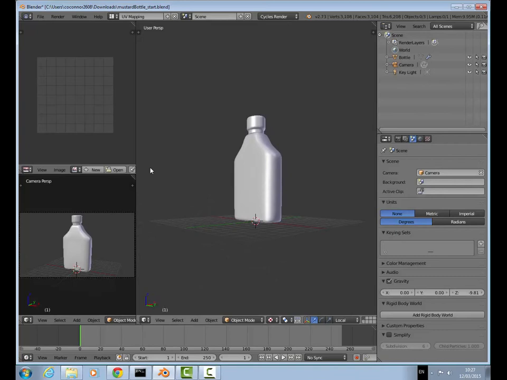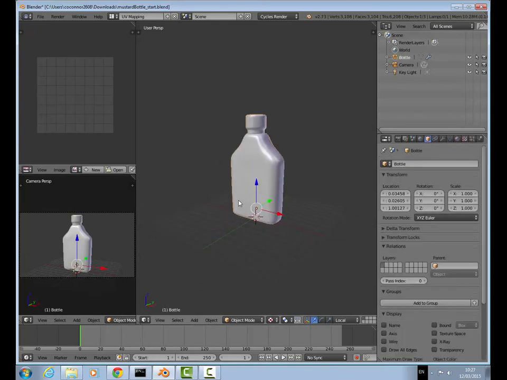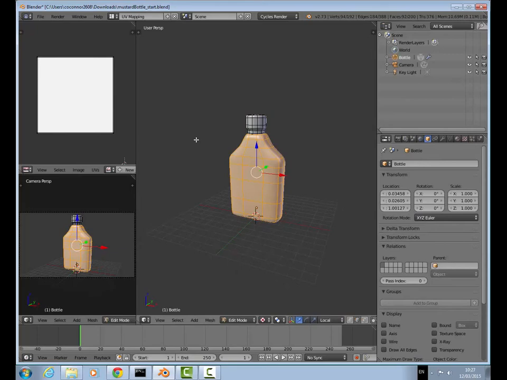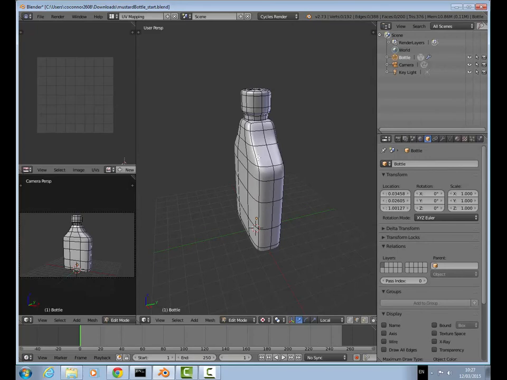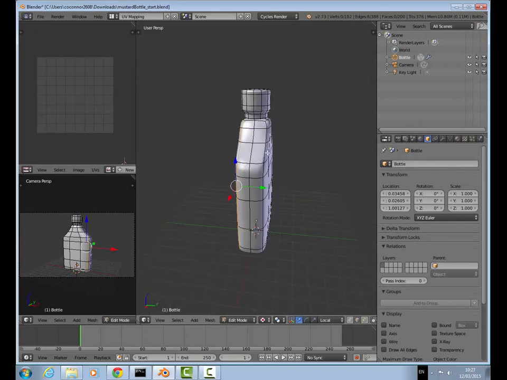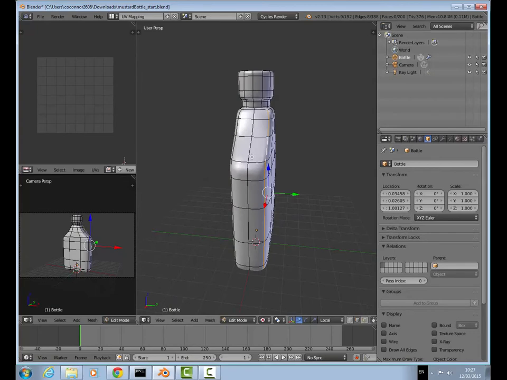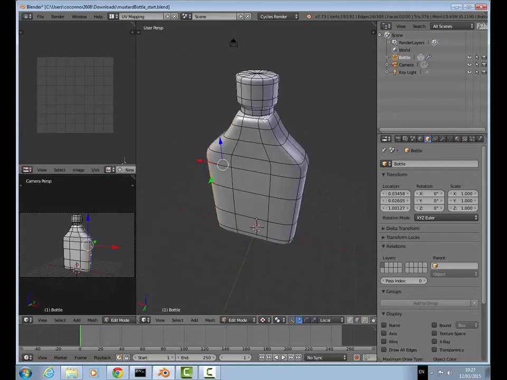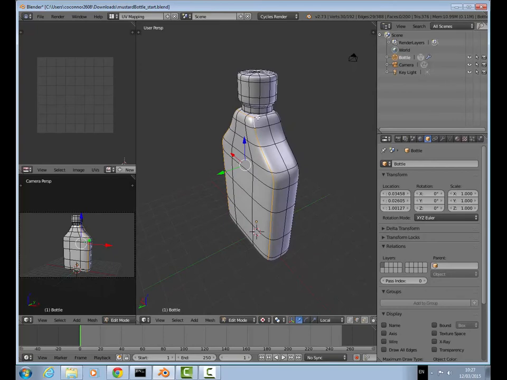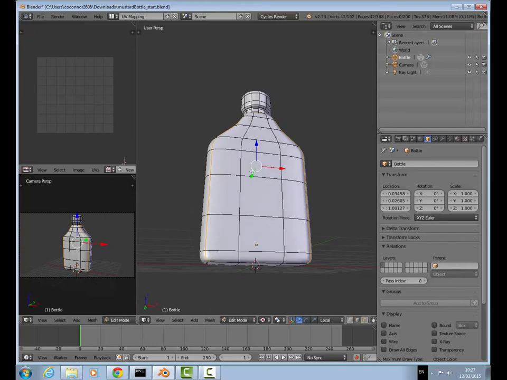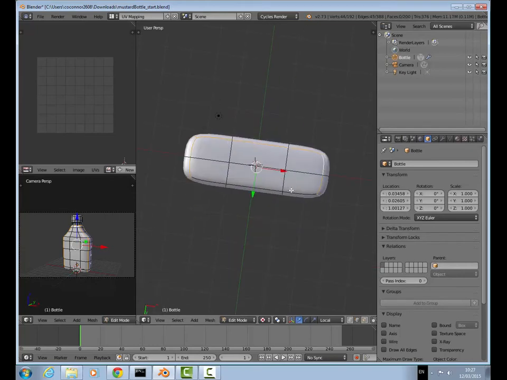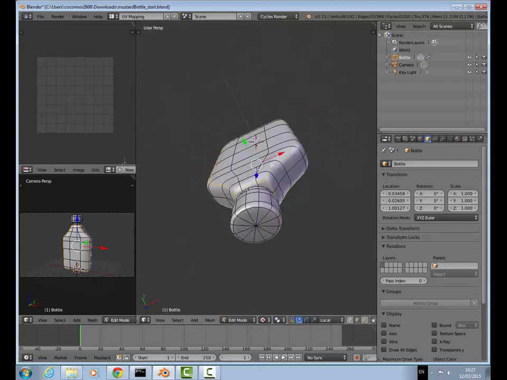And then you can select the object by right clicking it and then going into edit mode by pressing Tab, and that should bring up all these different lines. So the first thing you want to do is come down here and select the edge select, and you just want to select all these lines on each of the edges by holding down Control and Shift and then right clicking them like that, and just select all of them here on every edge there and on the bottom, just to make sure that you have all different edges selected,